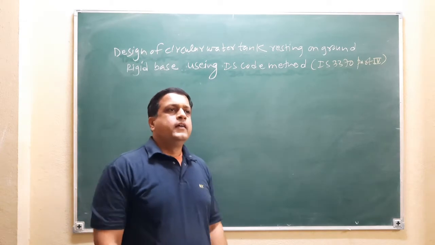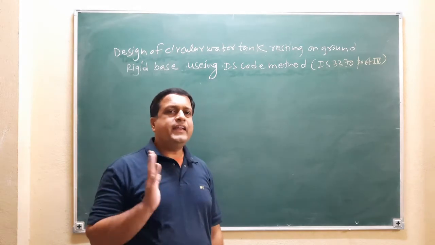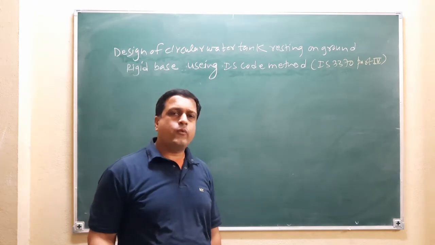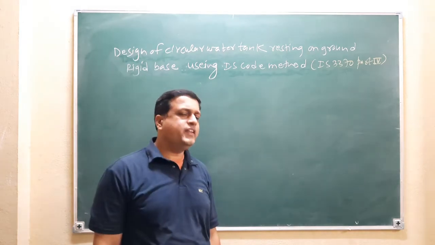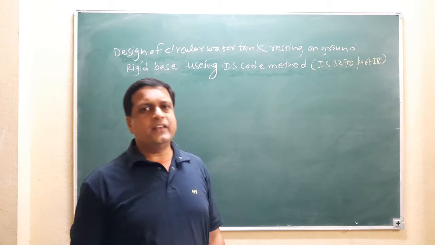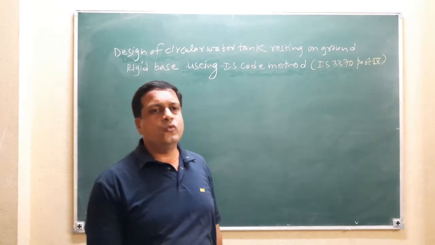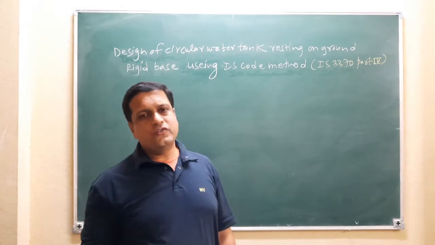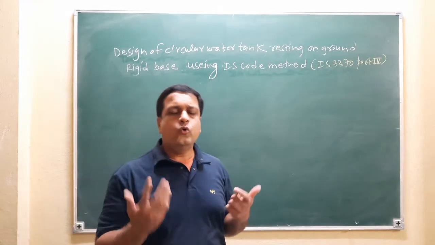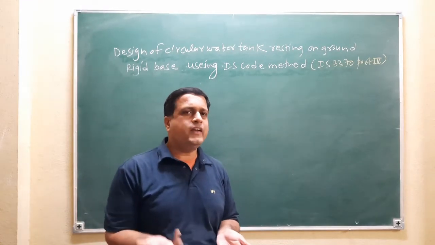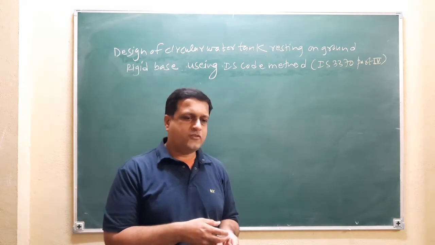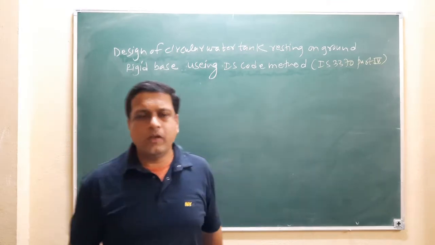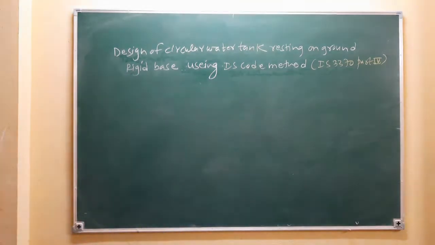Now remember that while designing the water tank, first you have to provide the thickness. And if you provide the thickness, next you have to check that provided thickness for bending moment, and check that provided thickness for the hoop tension. That's it. And provide the reinforcement. Okay. So I will tell you how to solve the problem using the IS code method.